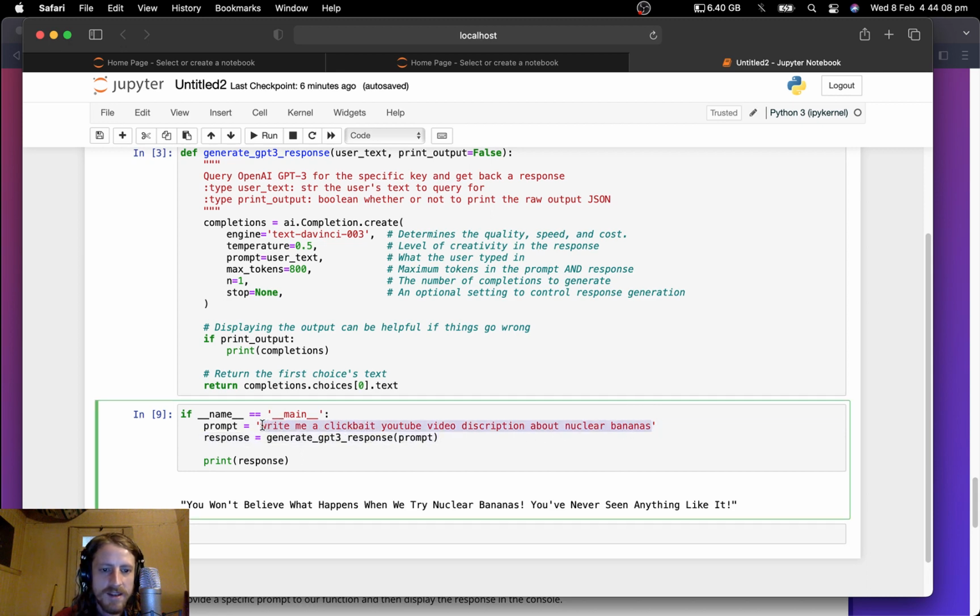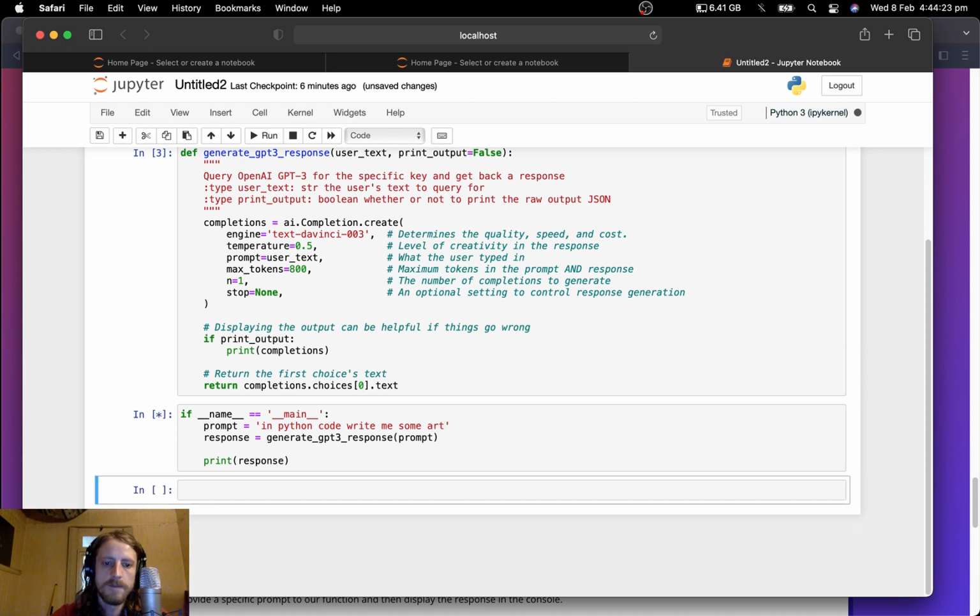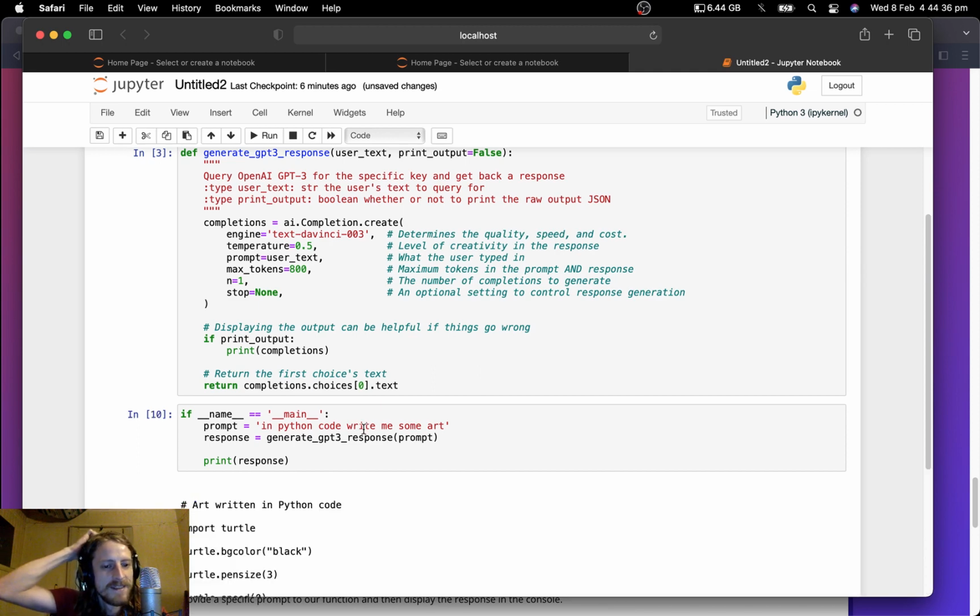But the cool thing is we can go, write me, here we can go like in Python code, me some art. Maybe I should have said draw, but anyways. And I've noticed there's a lot of problems with the code that it spits out, because it's kind of getting stuff from